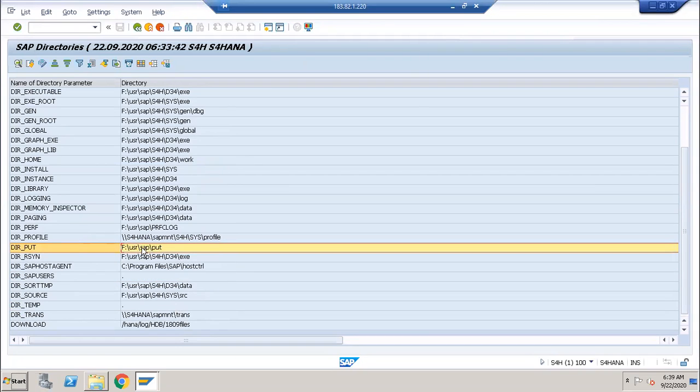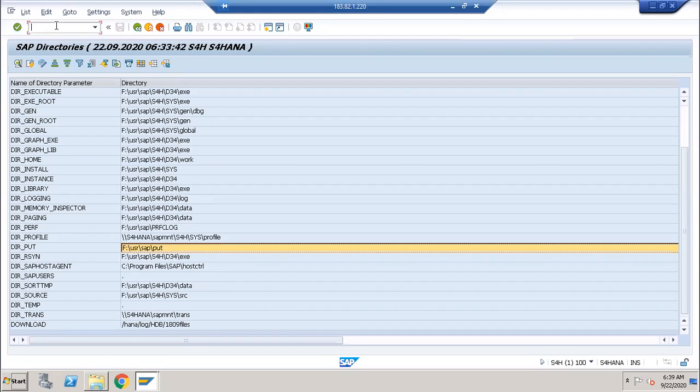I'm taking this folder here. The C drive USR is the folder. In that folder, SAP is one more folder. In this folder, PUT is one more folder. I'm taking the file path here and copying the file path.